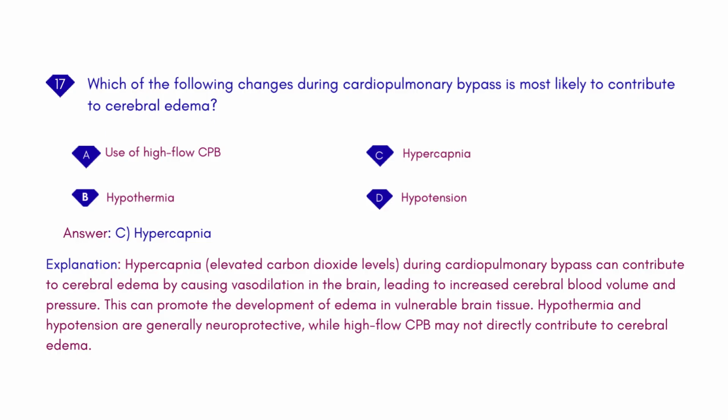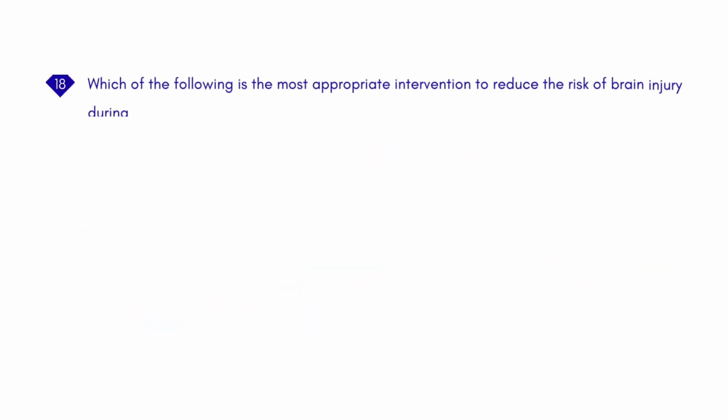vasodilation in the brain, leading to increased cerebral blood volume and pressure. This can promote the development of edema in vulnerable brain tissue. Hypothermia and hypotension are generally neuroprotective, while high-flow CPB may not directly contribute to cerebral edema. Which of the following is the most appropriate intervention to reduce the risk of brain injury during the weaning phase